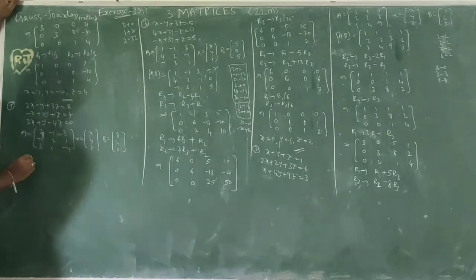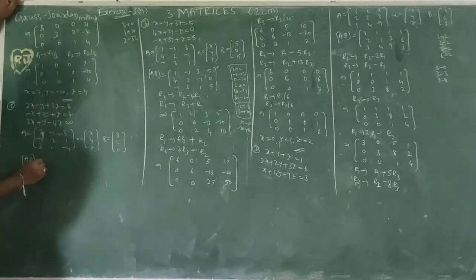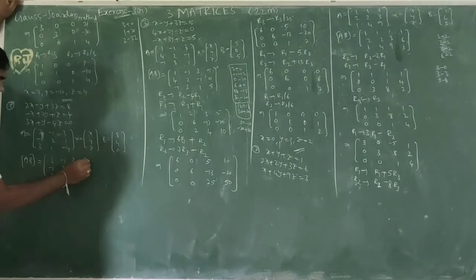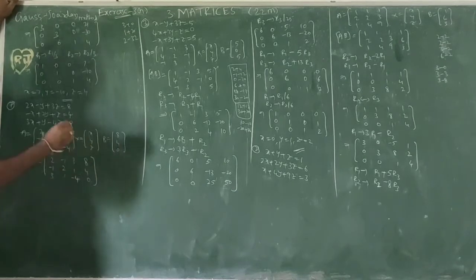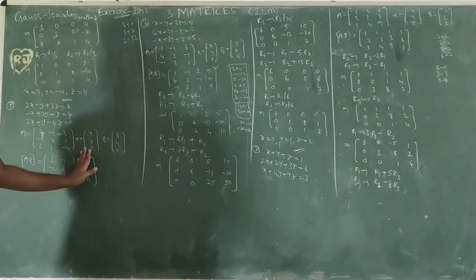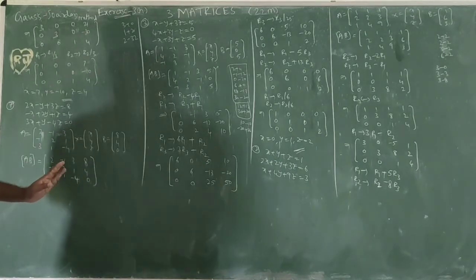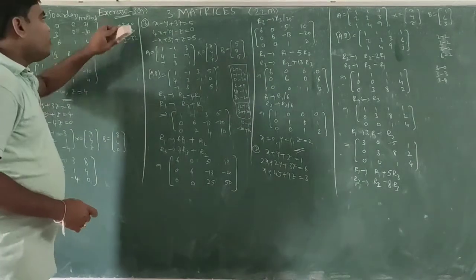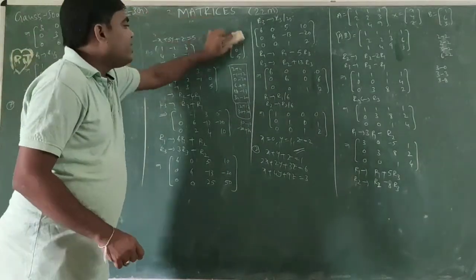Augmented matrix AB: 2 minus 1 3 minus 1 ... complete this one, AB, up to this one A. So this A matrix we need to convert to an identity matrix. So before identity, I want to convert it to a diagonal matrix.